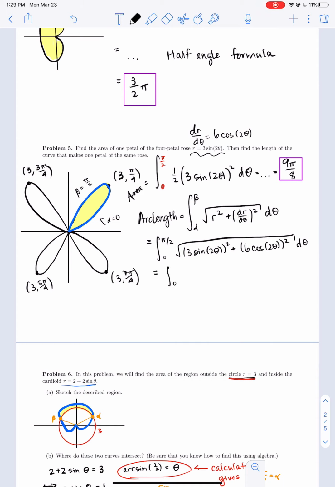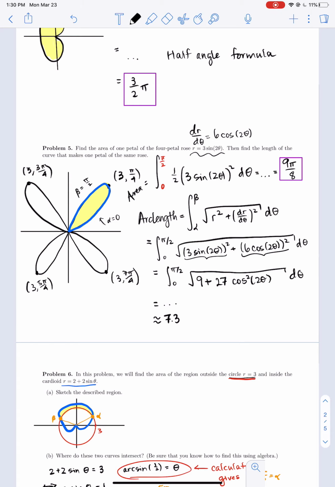And this integral, once you combine, this will be 9 sine squared of 2 theta and 36 cosine squared of 2 theta. So you'll have 9 of each of those, and using the Pythagorean identity you'll have 9 times 1, and you'll actually be left over with 27 cosine squared of 2 theta. You'll integrate that with respect to theta. This is not a very nice integral. So if you'll allow me, I'm going to skip those details and tell you that the numerical value is roughly